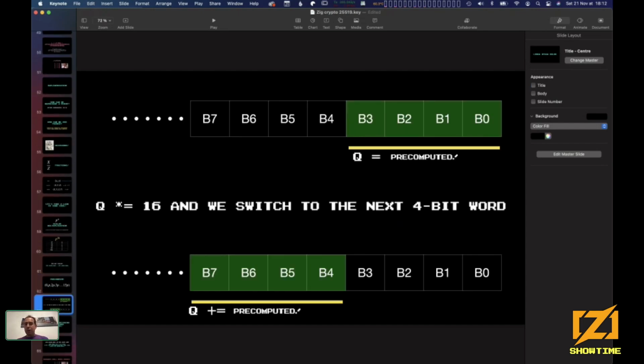After we have this pre-computation, instead of taking the bits one by one, we are going to take them 4 by 4. This is just the beginning or the end in big endian representation of n. We are going to take the last 4 bits. And what would be the value of my point multiplied by these 4 bits?